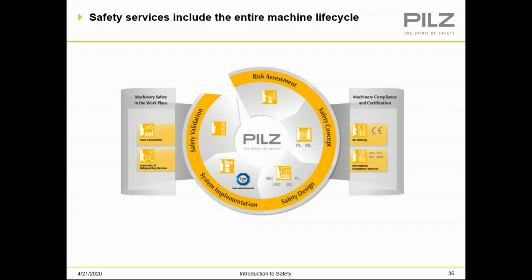Then you go to safety concept. How would we suggest you mitigate that hazard? Is it put a gate there? Is it put a light curtain there? We'll do you a little conceptual on this is how we would handle that. Then that goes into design phase. Okay, how does that interface in your control scheme that you currently have on that machine? How will the safety fit in and what will it accomplish? Then it's implemented. So installed,